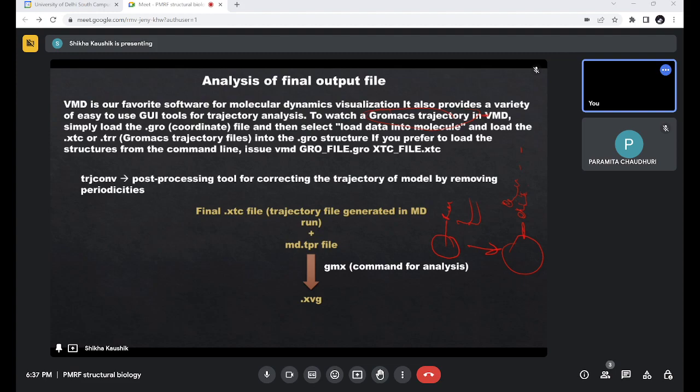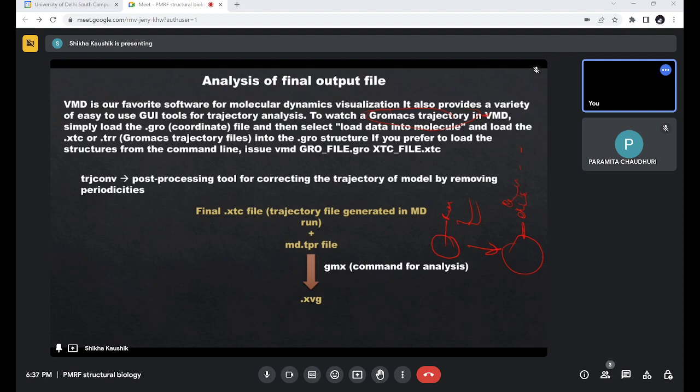For example, if you want to understand the hydrogen bonds associated with that particular structure, you will do the hydrogen bond analysis, and for that you have to give different commands to get your 2D plot. Fine. So if you have to understand the root mean square fluctuations, you have certain commands. So basically, root mean square fluctuation gives you